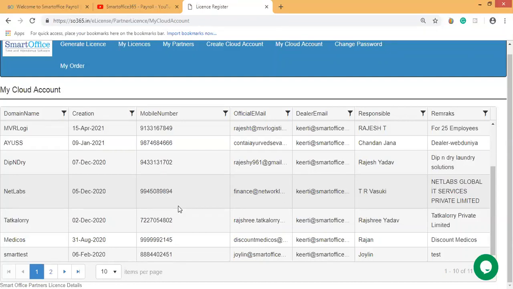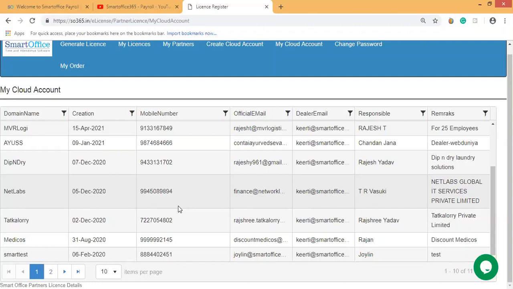So you can create a cloud account from your partner login. In future, we will be able to identify the client. Suppose the end customers who have created the cloud account approach us for support or for any concern, then we can track it.